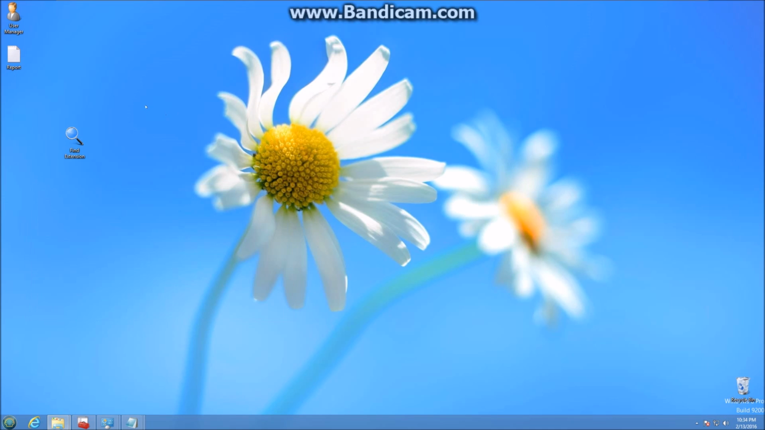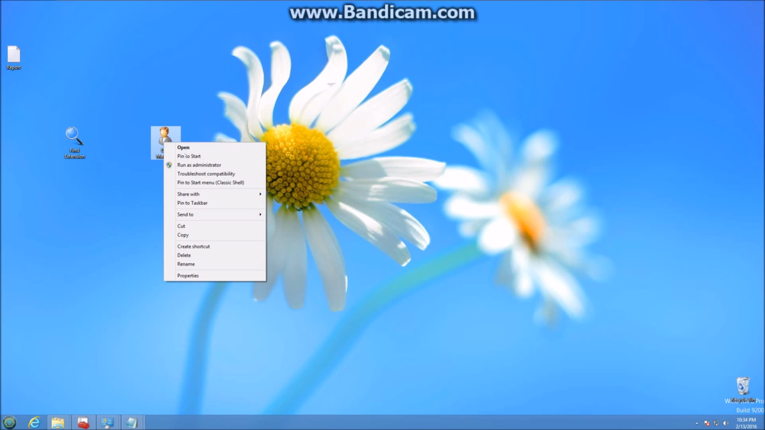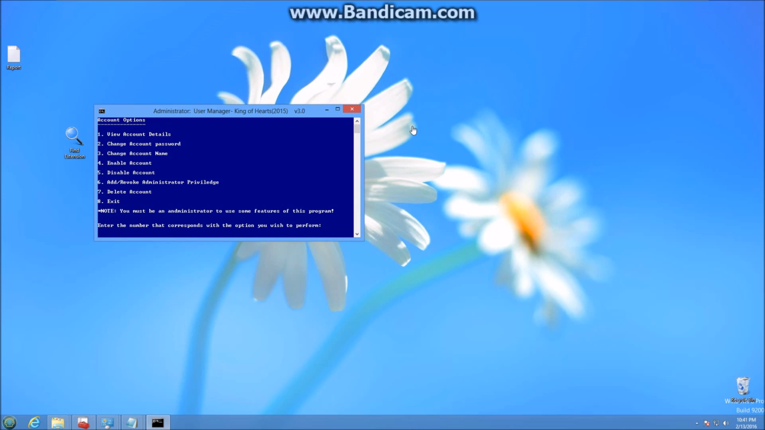Another little program that I put together is this little user manager program. And I'll just kind of show you what it is here. Basically, if I run this as admin, you'll notice that I have put together my own little program here that kind of just keeps track of different user account options that you can do. Like change an account password or an account name or enable account or disable account, whatever you want to do. You can just go ahead and do this here,